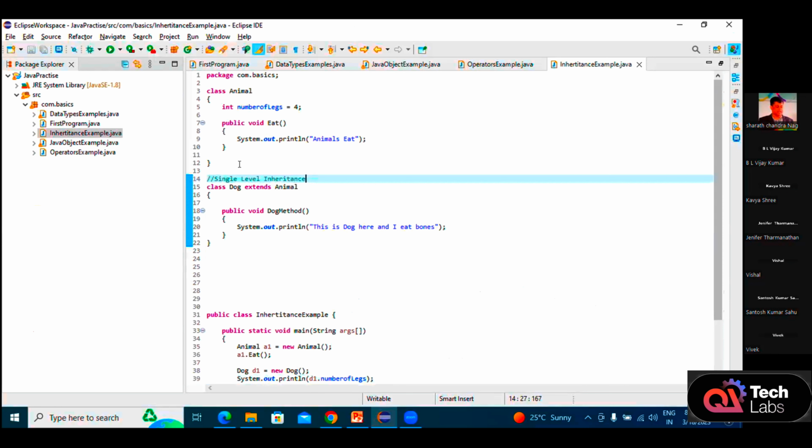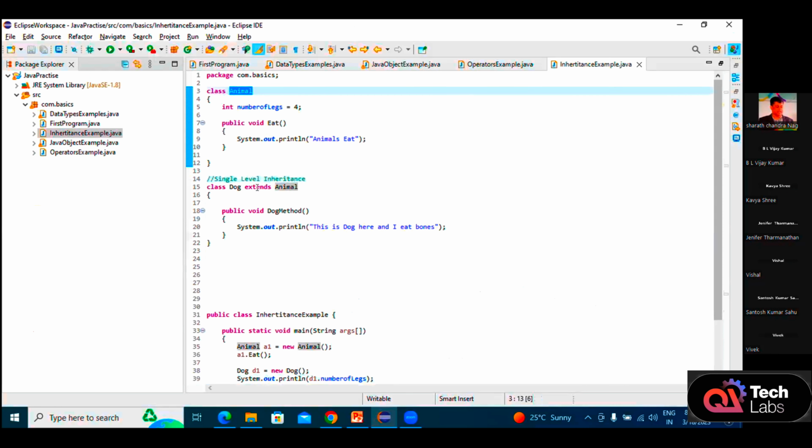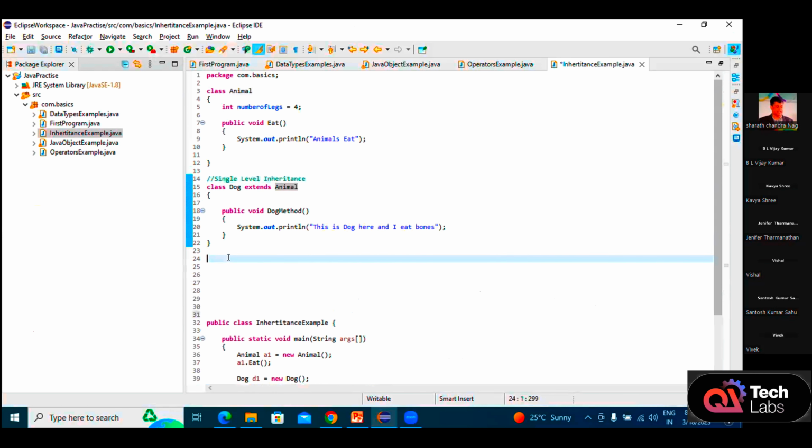Now we will understand how multi-level works. Multi-level, in the sense I have a parent class, I have a child class over here, and I can have one more child class which is being